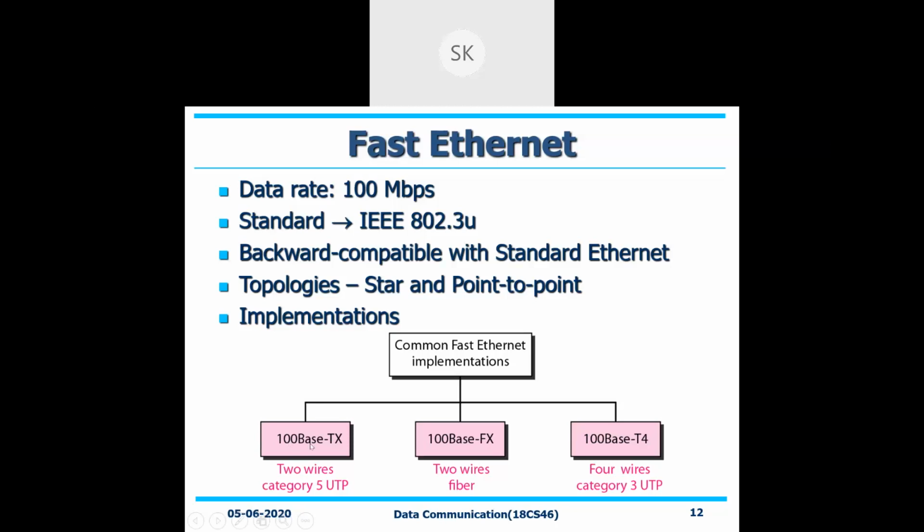Here, for the transmission, it will be using the baseband signal. That is a digital signal itself. There is no change in it. TX refers to your twisted pair. How many pairs do you want to have? We don't know. So n number of cables you can have. Two wires, category 5 UTP, that is unshielded twisted pair. That is what it will be taking with respect to this 5. Category 5 is CAT5, the short name given for it. So CAT5 is nothing but 5 different two-wire pairs, with 5 different wires inside each one of them. That is what it means with respect to this particular UTP. 5 UTP is nothing but the twisted pair, right?